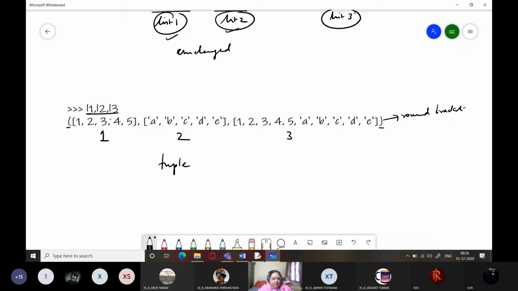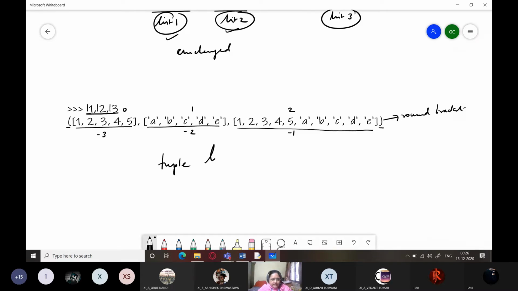And inside these round brackets you can find the individual elements of the tuple, and let me just specify their indices. This is 0, this is 1, this is 2, and this is -1, this is -2, this is -3. So this is the first tuple element, this is the second tuple element, this is the third tuple element, and all these three elements are lists.